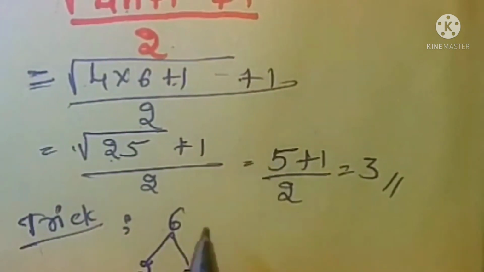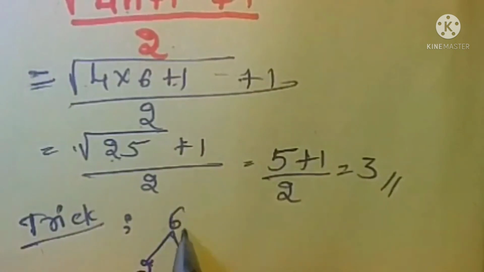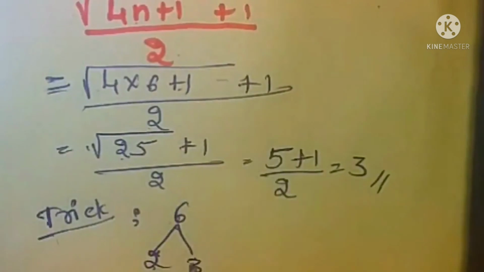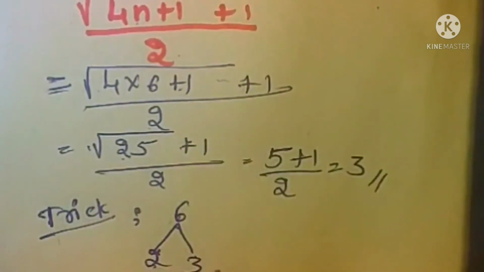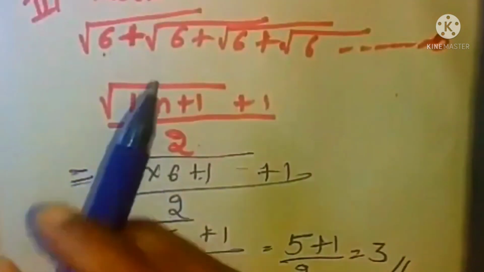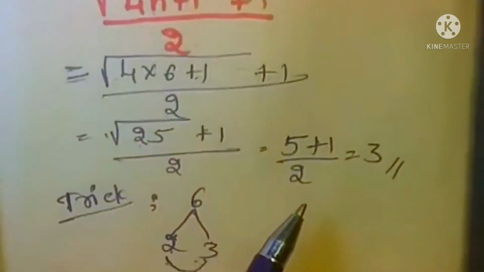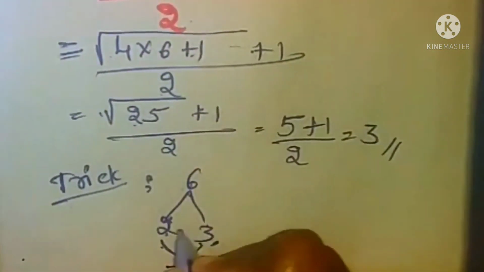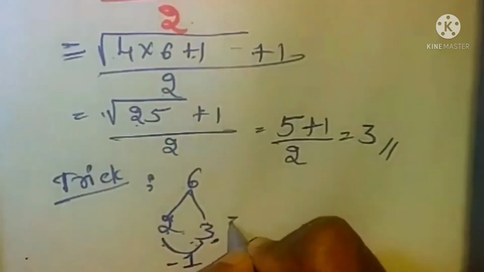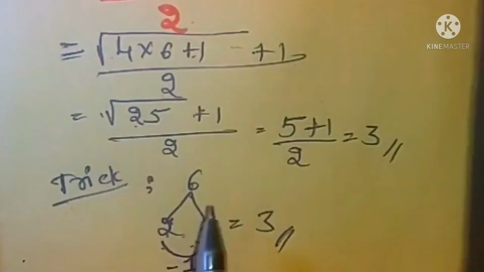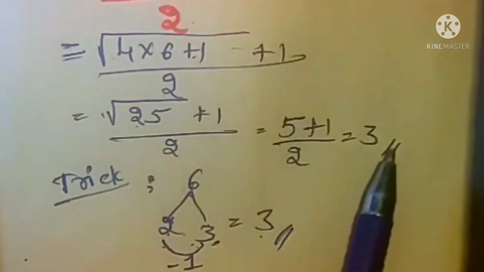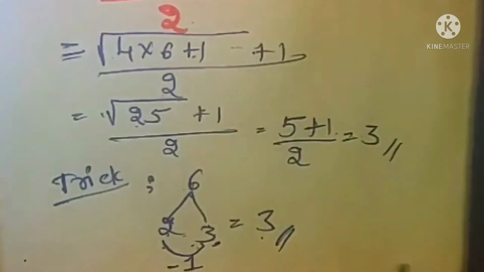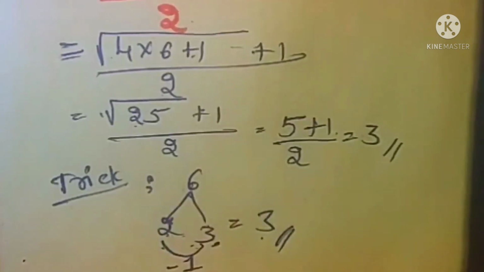When the difference is 1 and the cofactors are there for this number, take the bigger number. Why the bigger number? Because here in the problem we are having a plus symbol, right? So if there is a plus symbol, you can take the bigger number. So in this 2 and 3, what is the bigger number? 3. See, using the trick we get the same answer, and using the formula also we got the same answer, right? So it's very simple to calculate like this.